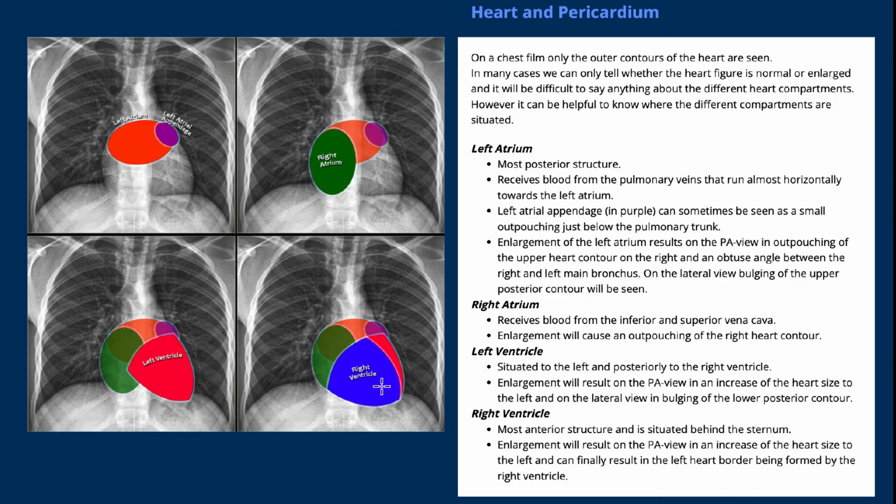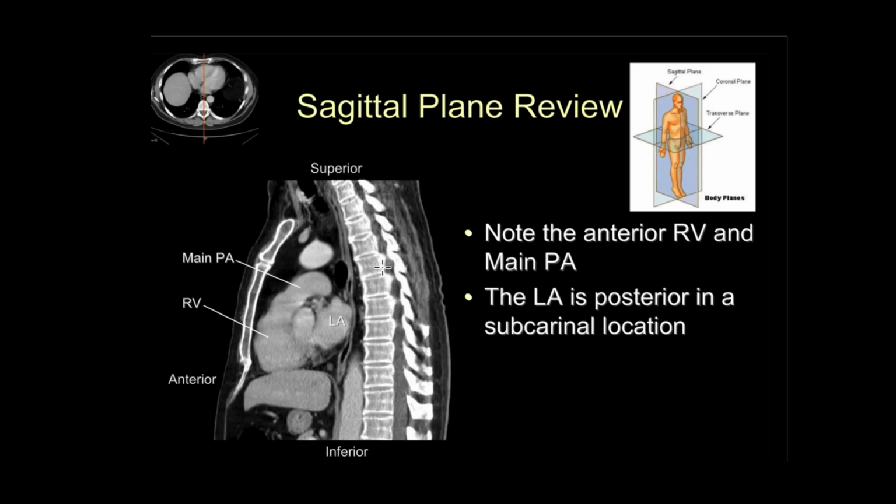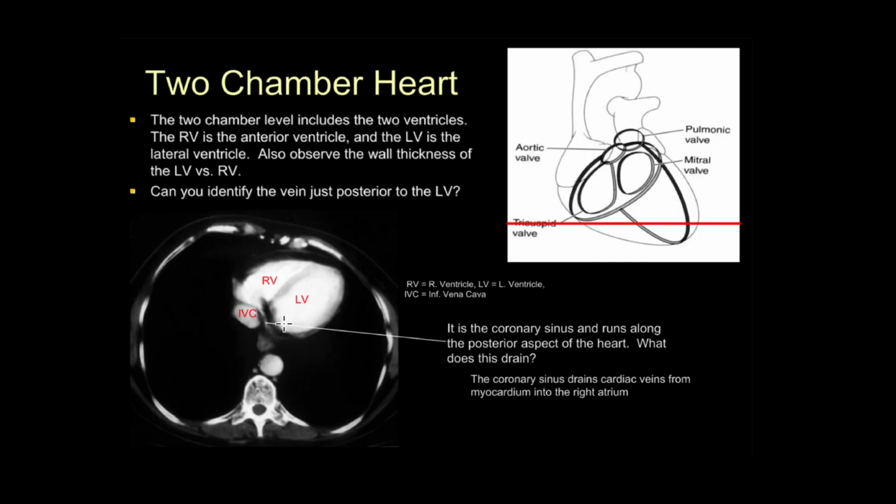And then your right ventricle is the most anterior structure, and it's behind the sternum. When you take a look at the sagittal view, the right ventricle is most easily seen here, more anterior, and then you have your left atrium, which is more posterior. This is the view of the two-chamber heart showing both your right and your left ventricle. This is the coronary sinus here. It runs along the